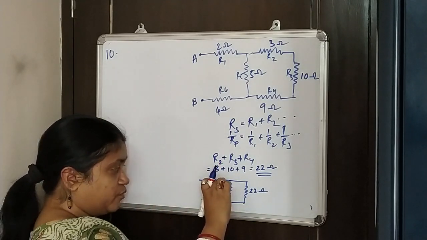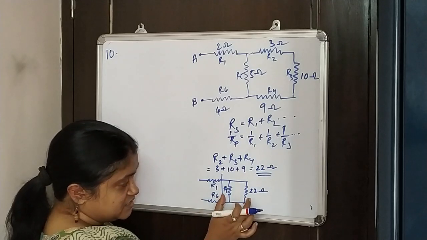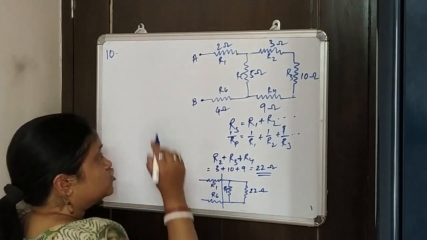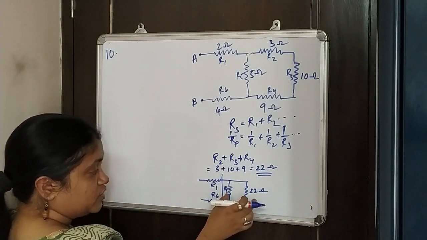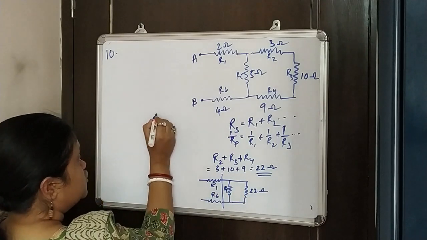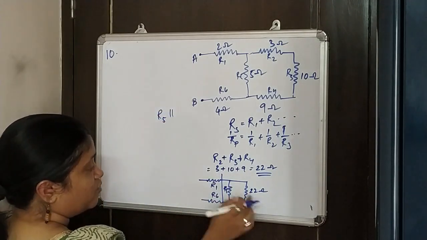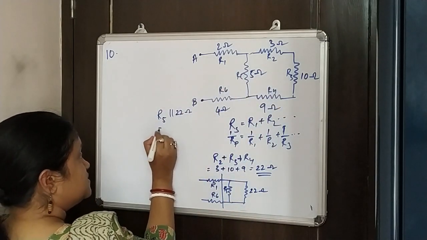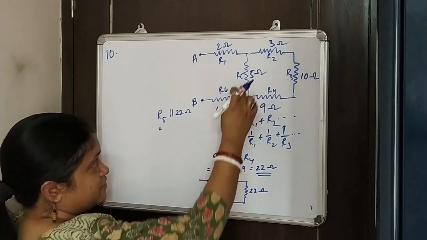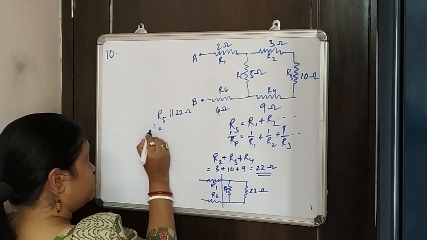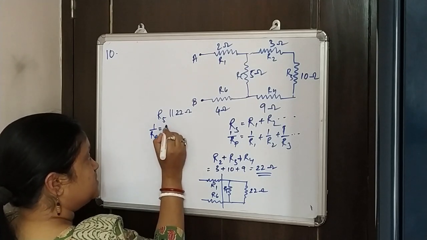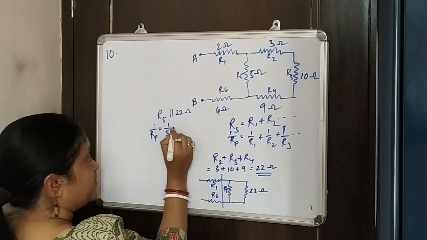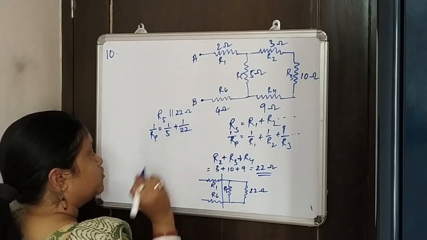So taking these 2 points, if you just break it here, you will see that taking only this part, these two are in parallel combination. So we will find out what is the equivalent for this. So R5 is in parallel combination with the 22 ohm equivalent resistance. R5 is 5 ohm. So when we have to do parallel, we know 1 by RT is, R5 is 1 by 5, which is in parallel with 1 by 22, right?